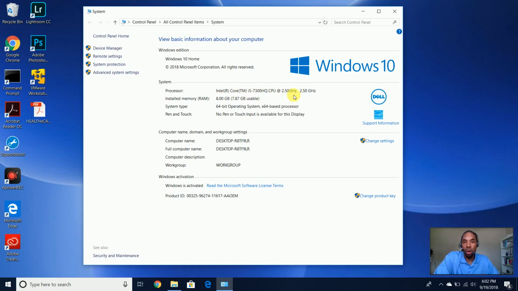And that's the speed of your processor. In addition to your processor, your CPU, you also have something called your RAM, your memory. RAM stands for Random Access Memory, I believe. And so your RAM is something that allows you to